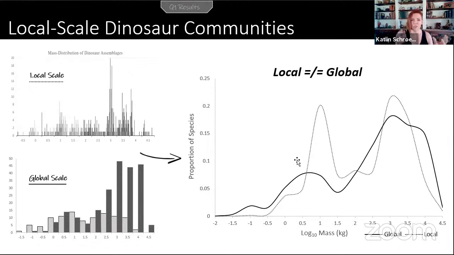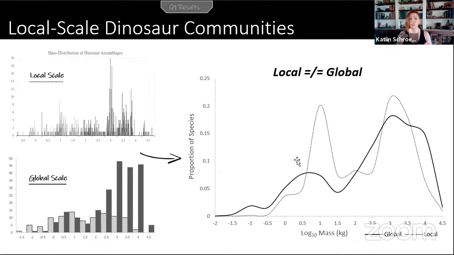So we've lost that strong left skew of the global distribution. The average community shape has a distinctly bimodal distribution, so it's got those double peaks. And here we're looking at the local as the dotted line, the global as the solid line. We also find that the shape of community distributions are very, very similar across biomes. So this is telling us that it's not necessarily some kind of climatic factor. It is something that has to do with the animals that are in these communities specifically. Time averaging, species present, continent, none of those things seem to really have any difference.